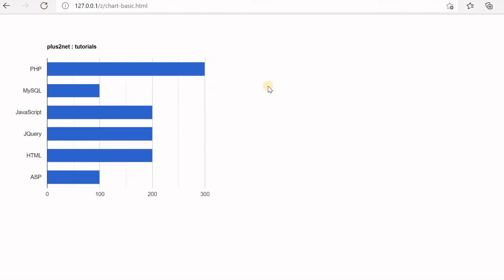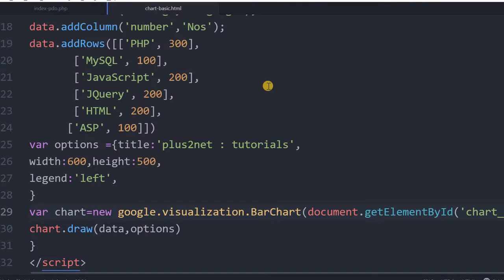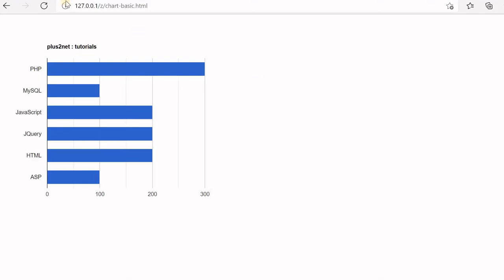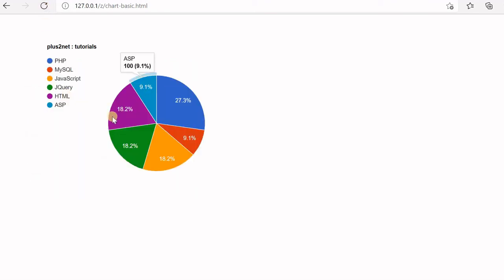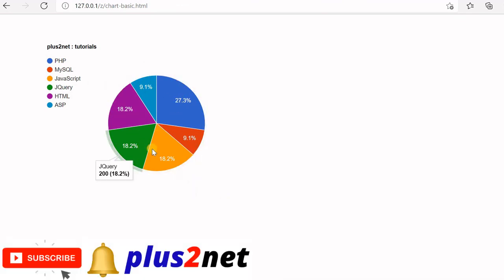So like this, there are many such options. There is a big list. You can change even the alignment. Let's come back to pie again. Yeah, saving it, refreshing. This color, all this, the starting angle, you can shift it also. Several option values are available. We can customize to our own need.